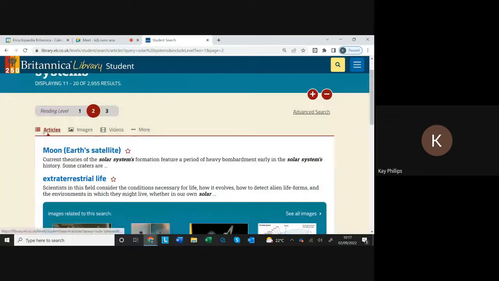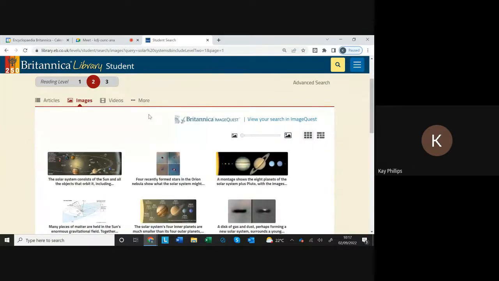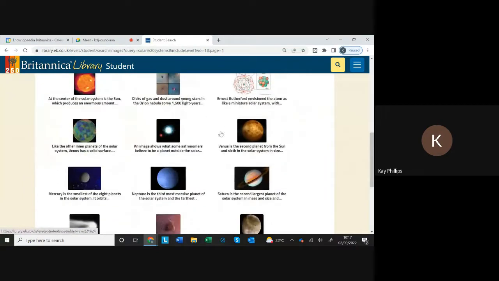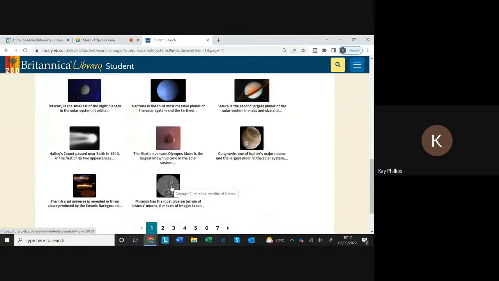So along the left-hand side here is where we're going to find all the different types of information for our chosen subjects. You'll see that the next tab along is our Images tab, and you will be able to access amazing rights-cleared images for every topic. So if I click onto one of these images here,